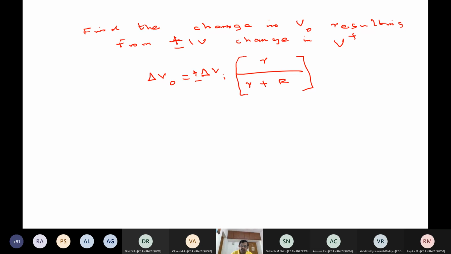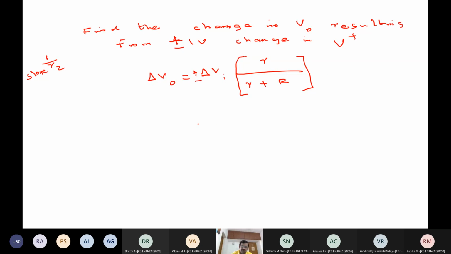But within that, as long as you are within that linear region, this R is assumed to be small. The straight line assumes a constant slope. So as long as you operate away from the knee region, you also have to operate within the power rating. So keep that aspect in mind. So slope equal to 1 by rC.